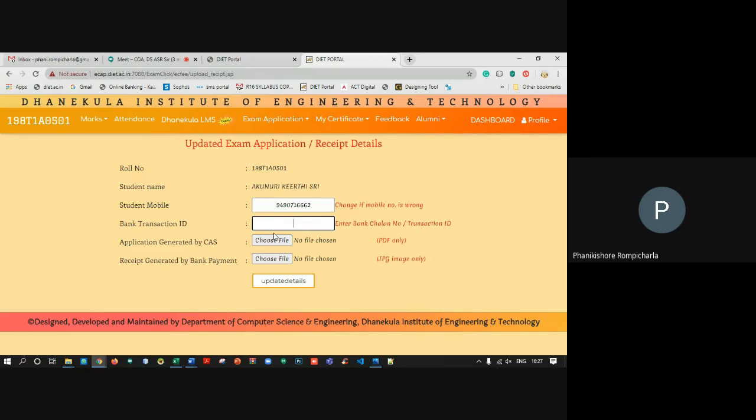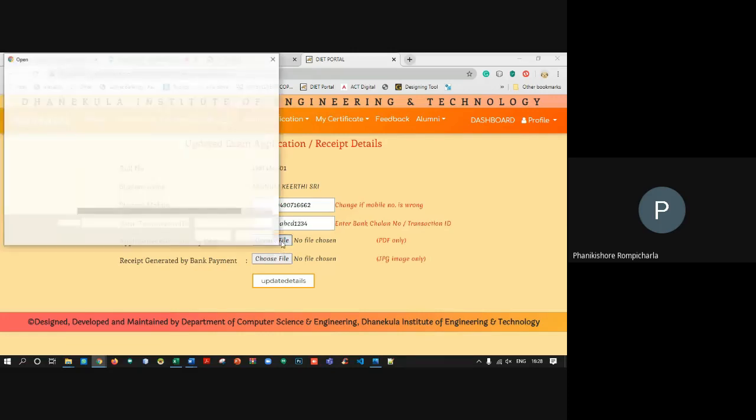the payment partner like Google Pay, or it may be PhonePe, or it may be something else, or it may be a direct bank transfer. So anything, you'll be having a bank transaction receipt. That bank transaction receipt needs to be entered over here. I'm just simply entering a temporary one for you. Whatever the transaction ID and whatever length it has,